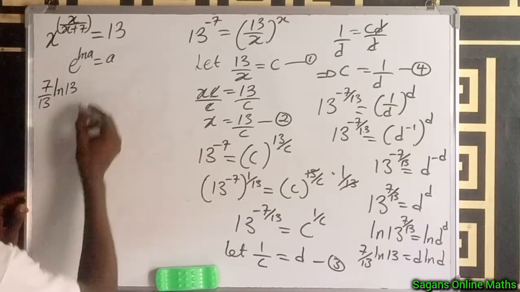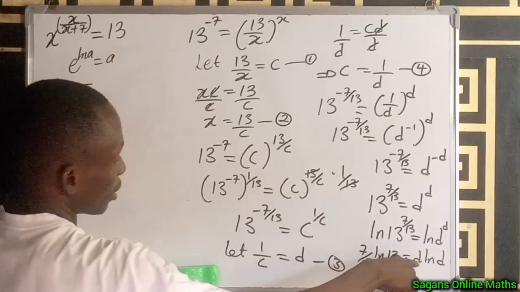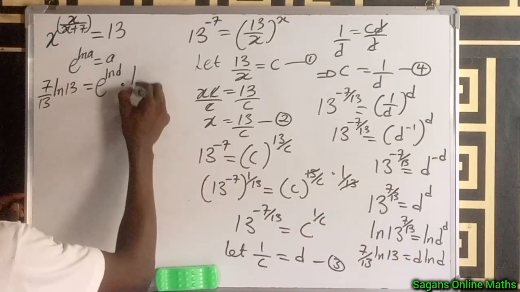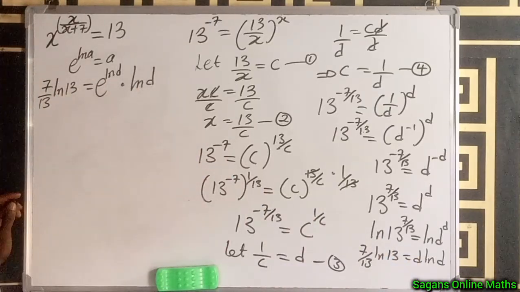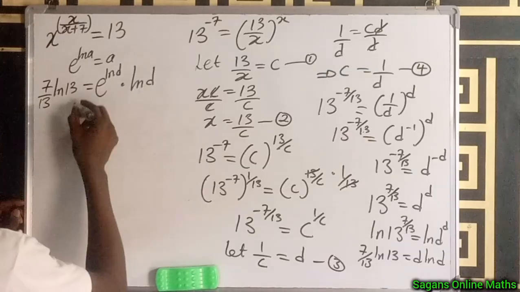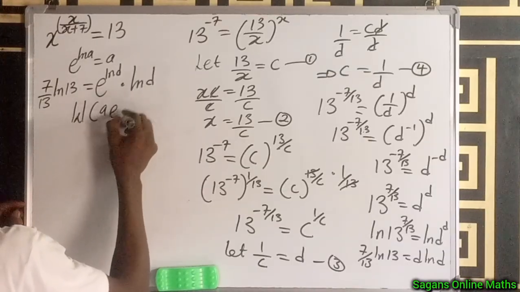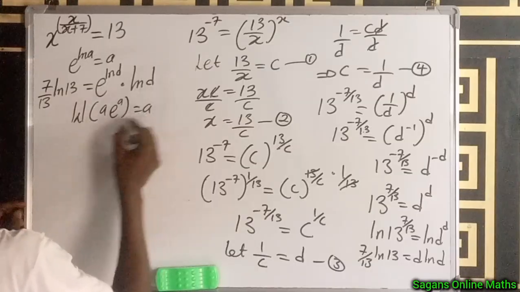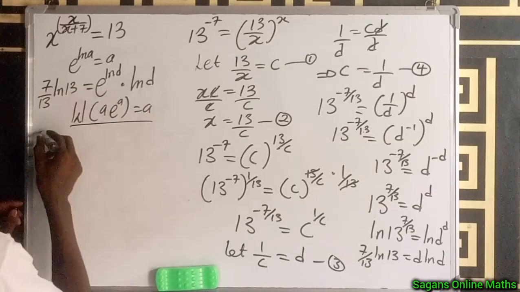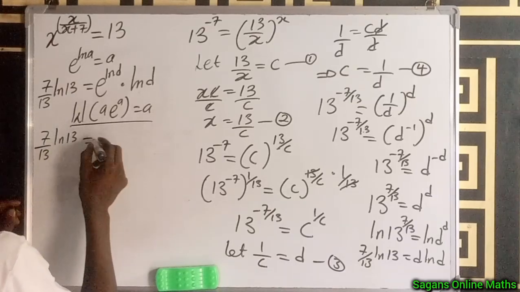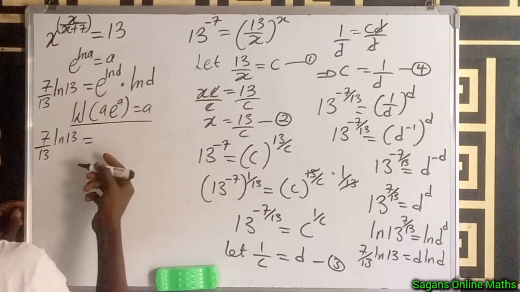So that means, I can write this d that you're seeing as e raised to the power ln d. It's nothing bad, because there's something I want to do. That's why I'm using that. And if we go to the properties of ln, the function ln multiplied by e to a is equal to a. So, another property of ln. That means 7 divided by 13 ln, ln 13, is equal to the ln function of